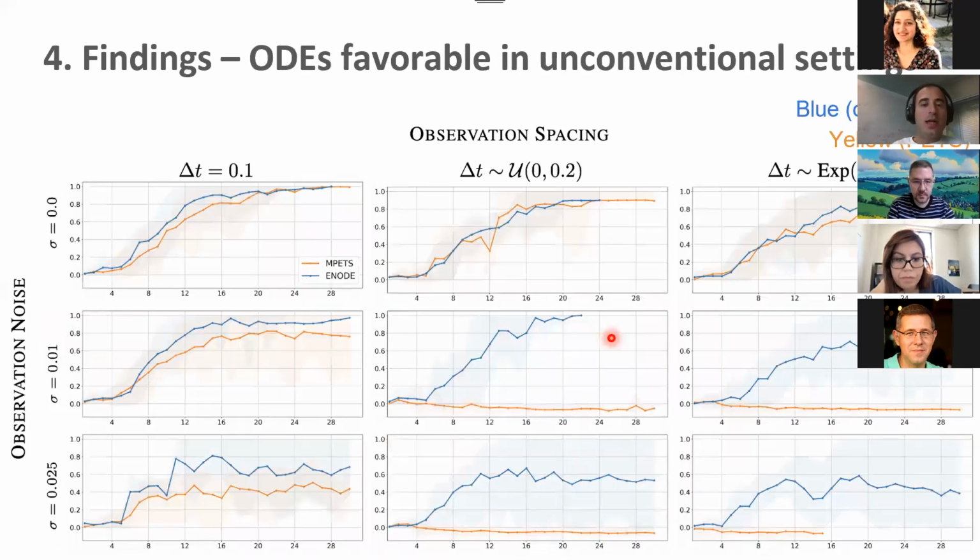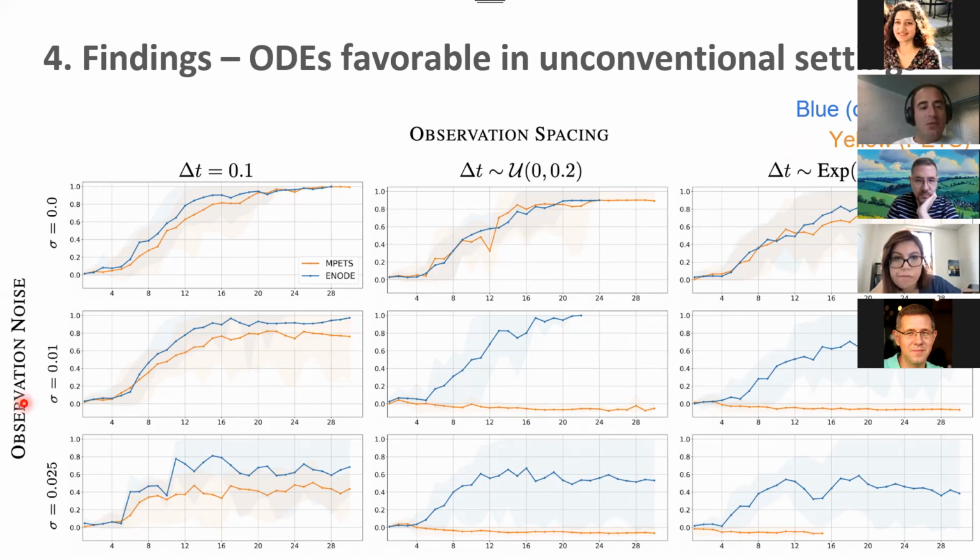But now what we show is the case where the observations don't arrive uniformly. The first row shows the case where the observations arrive uniformly over time. Here the observation arrival times follow a uniform distribution, and here they follow an exponential distribution. So if the observations arrive in a stochastic manner over time, plus if you observe some noise, then what happens is that here blue is our method and the yellow one is PETS. Basically, PETS performance drops significantly. For instance, if you go to the right,